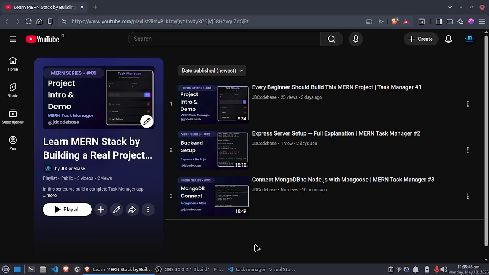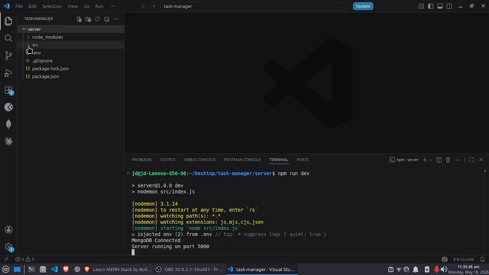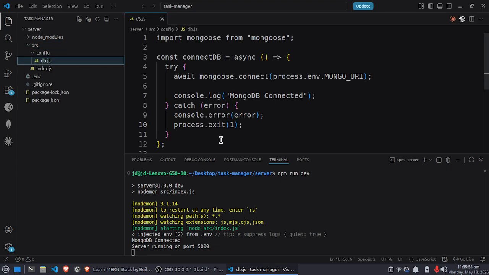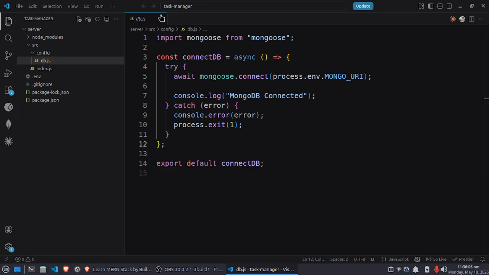Now let's move to the VS Code, and this is what we wrote in the last video. In the config file, in the db.js, we connect our Node.js server to the MongoDB address, and when we run it, I get MongoDB connected and server running on port 5000. Let me close this file and create a new folder inside the src folder called models, and inside this create a new file,